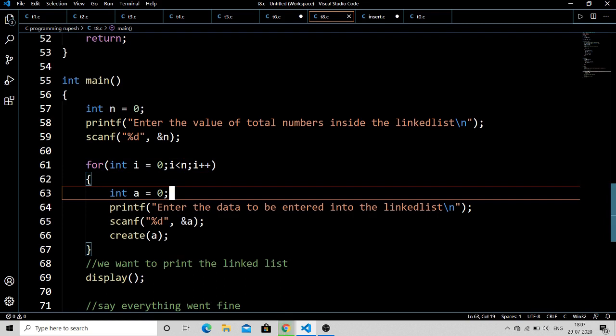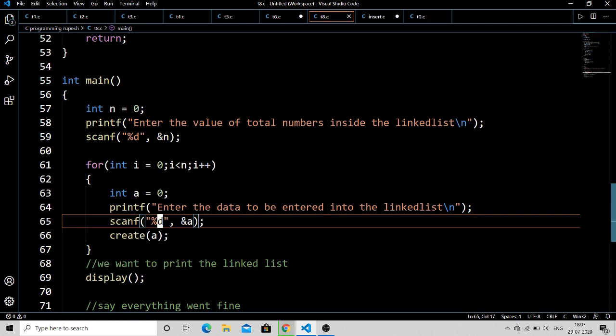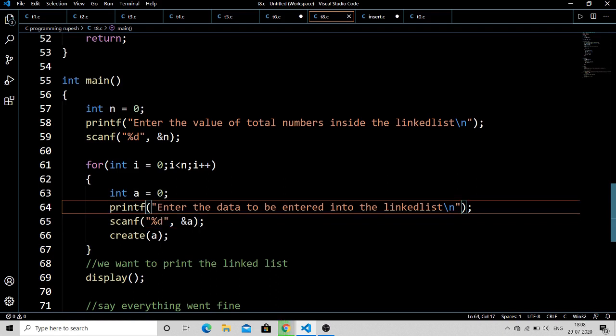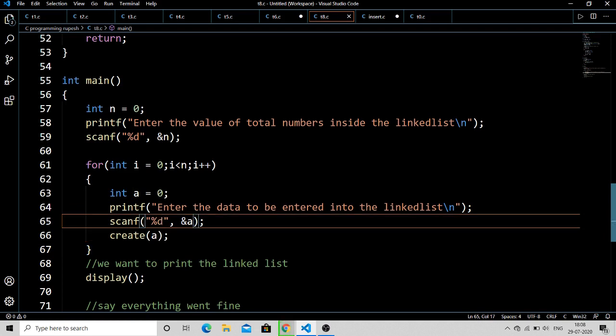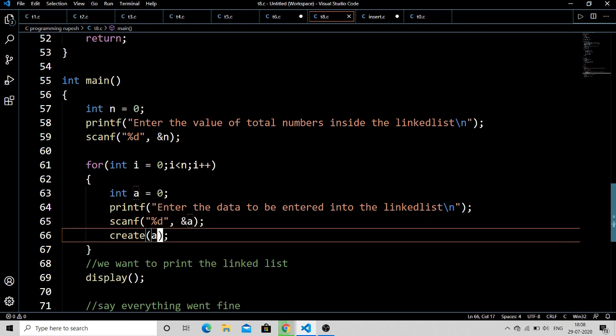So int a here, a is the actual data that needs to be stored inside the node. I have scanned a here, and I have called a function, and inside this function I am passing the actual data that needs to be entered into the node.